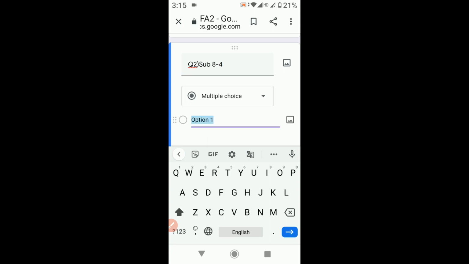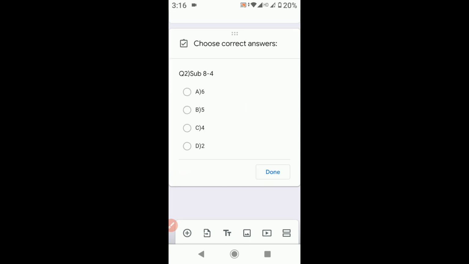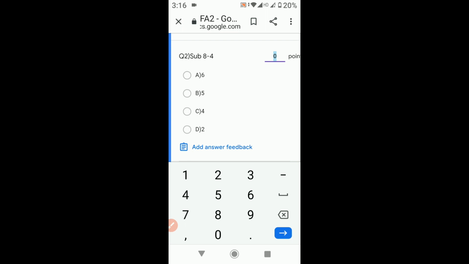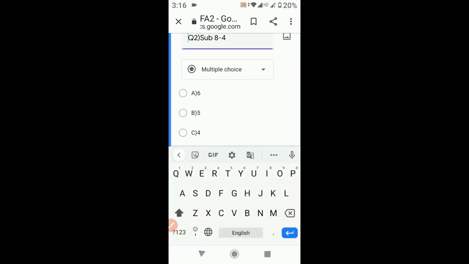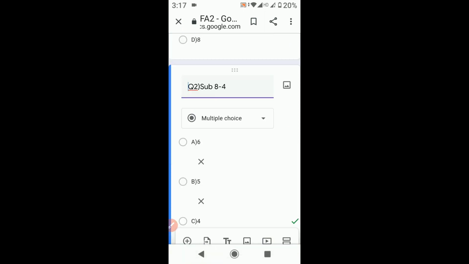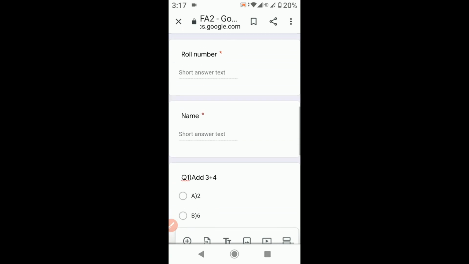Again this will be a multiple choice question, so you have to add options. Now again click on this tick sign and give point as 1. Click on the correct option, and then it is done. So we have typed 2 questions with this.